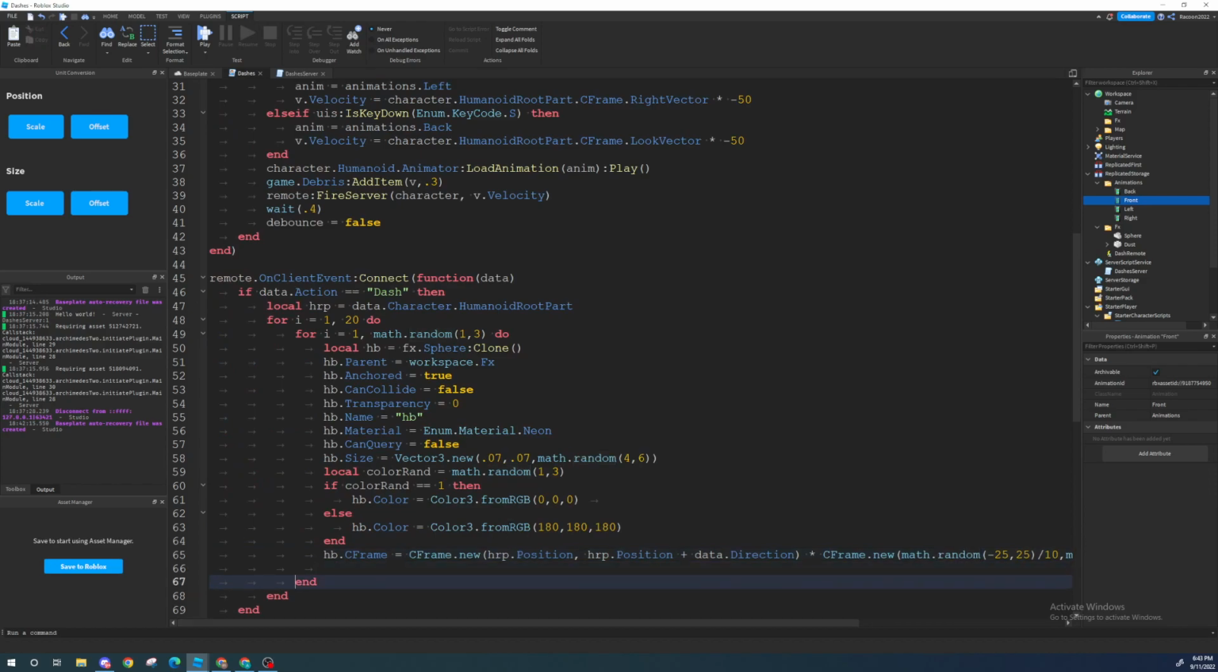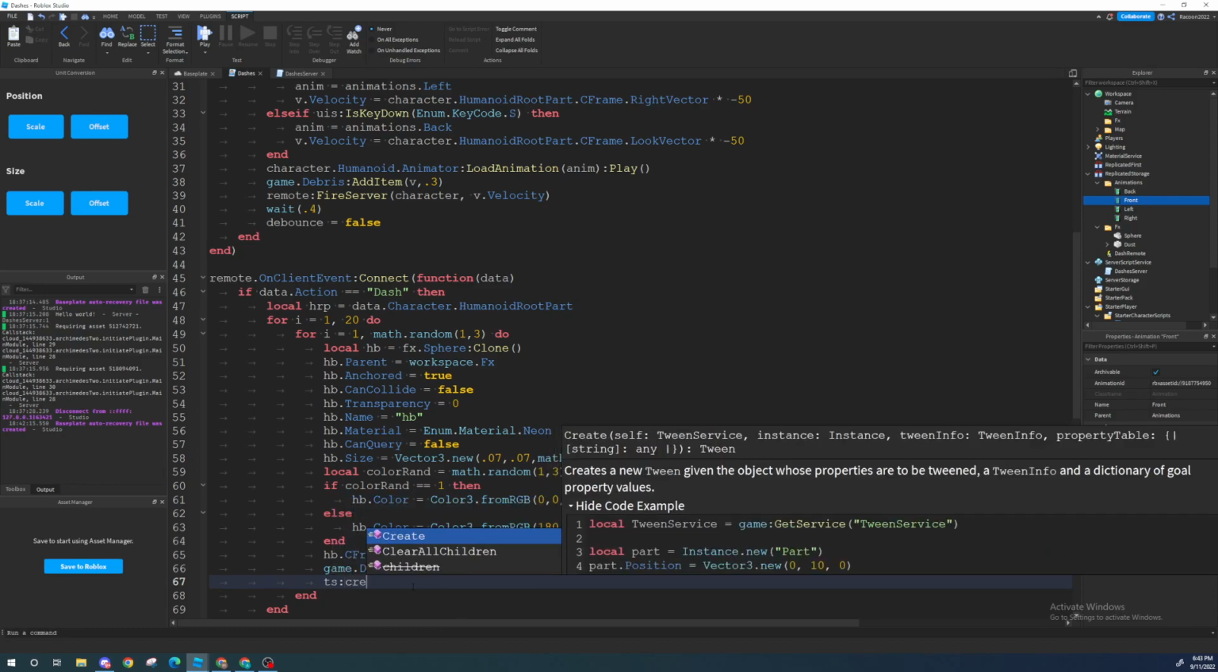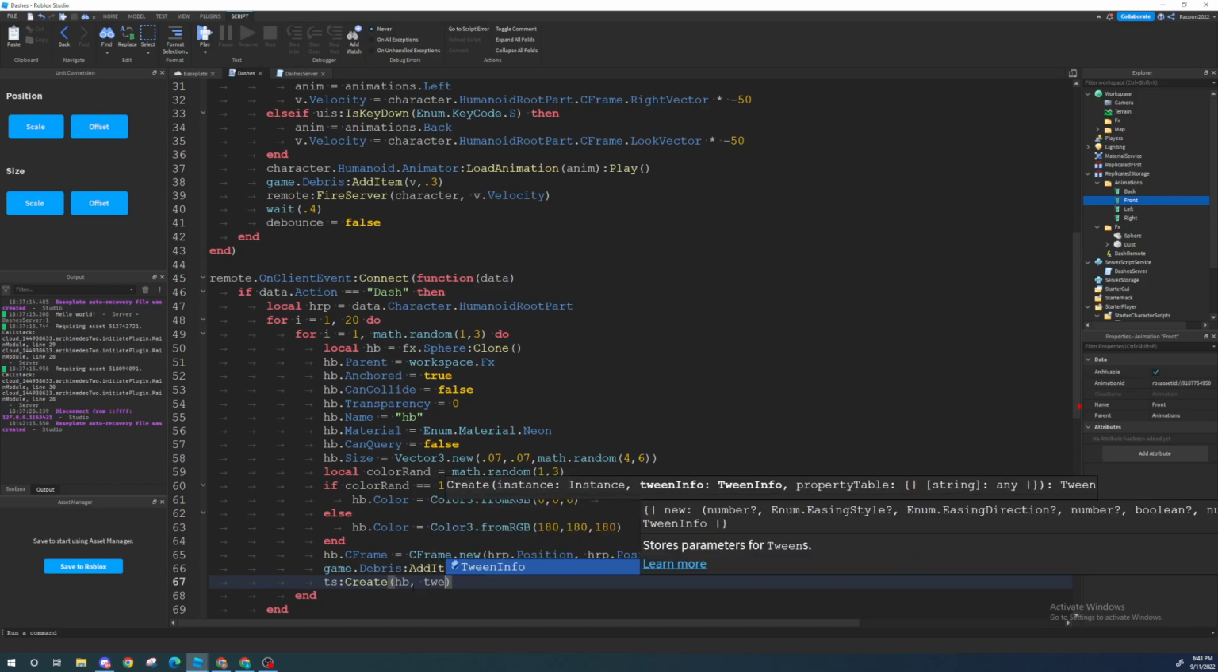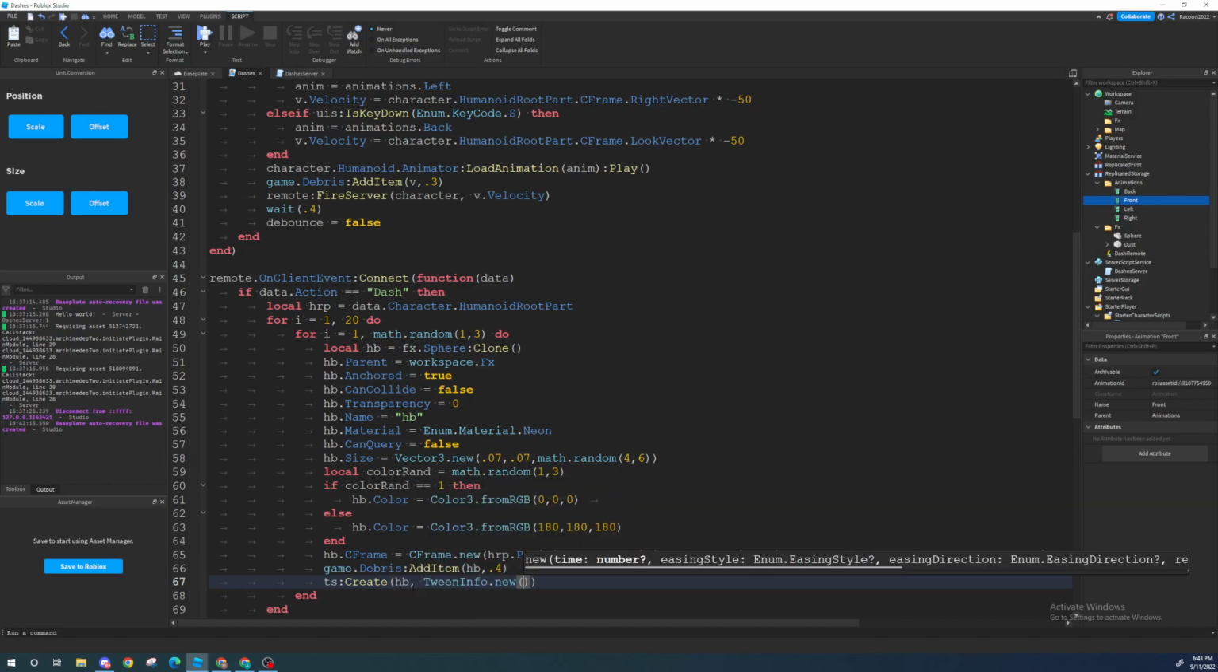So now that we have everything positioned, we want to make sure this effect gets removed in 0.4 seconds or however long you want it to be removed in. And then I also want to play an effect. So tween service create. The object that we're going to be tweening or animating is this wind effect. How long is it going to last? The animation is going to last for 0.4 seconds. And then what